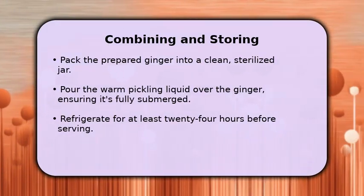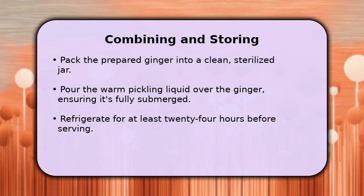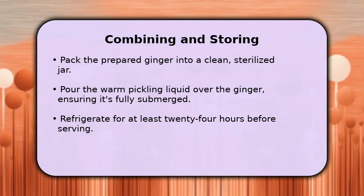For the best flavor and that beautiful pink hue, allow it to pickle for at least 24 hours before enjoying